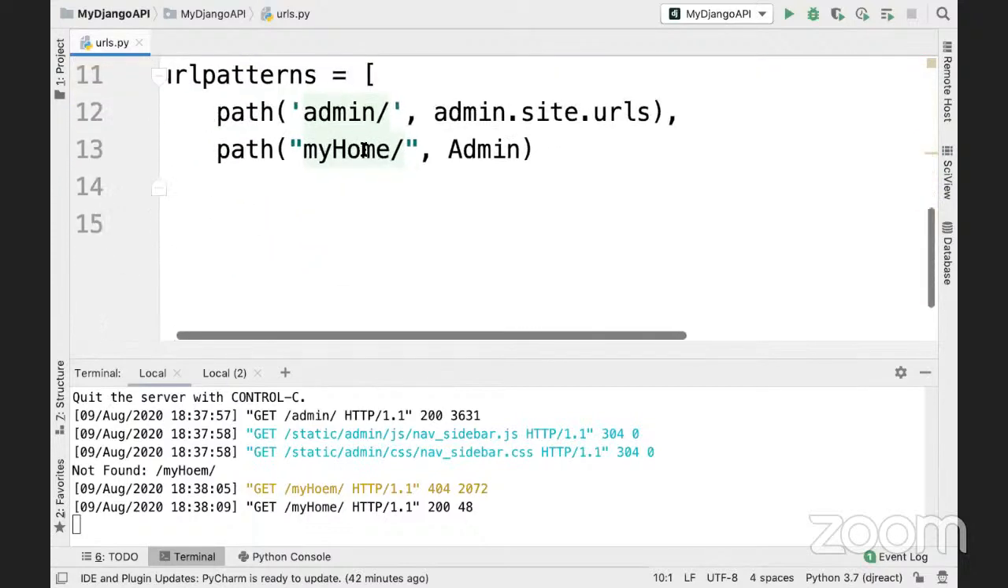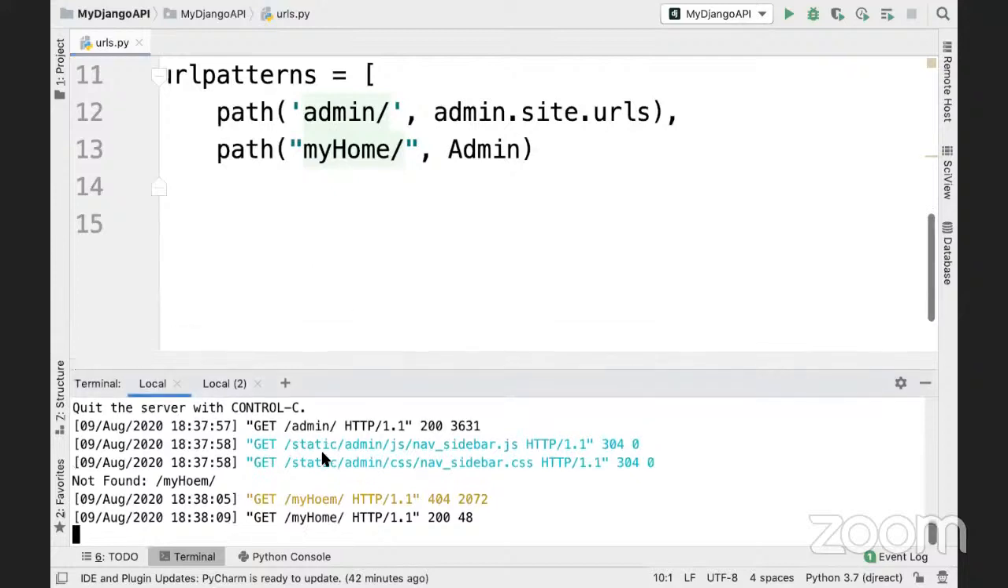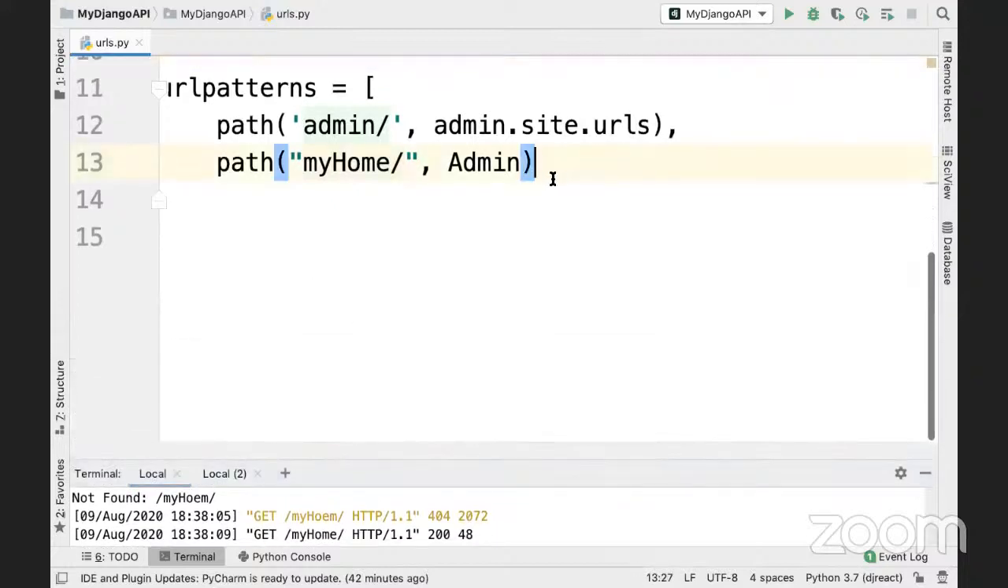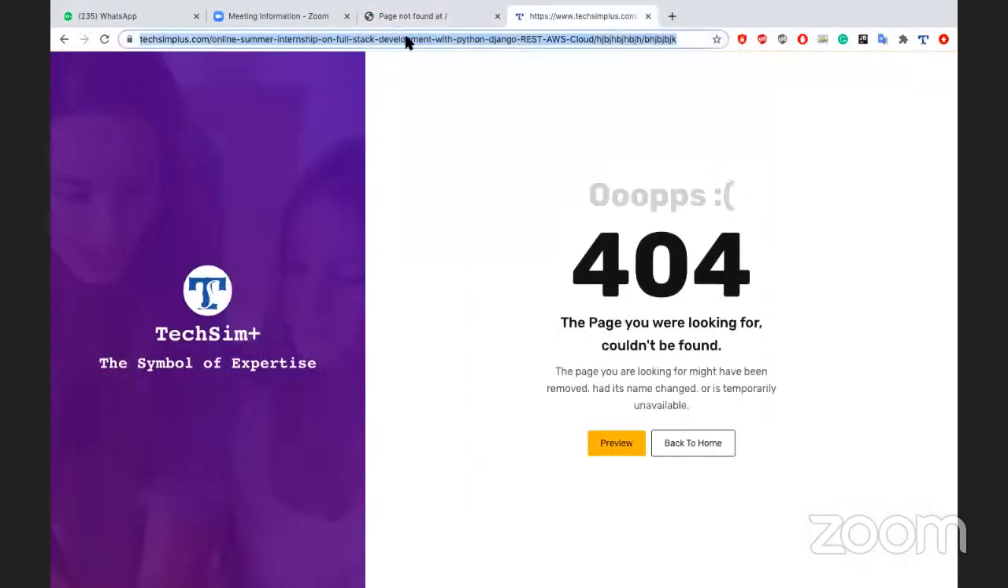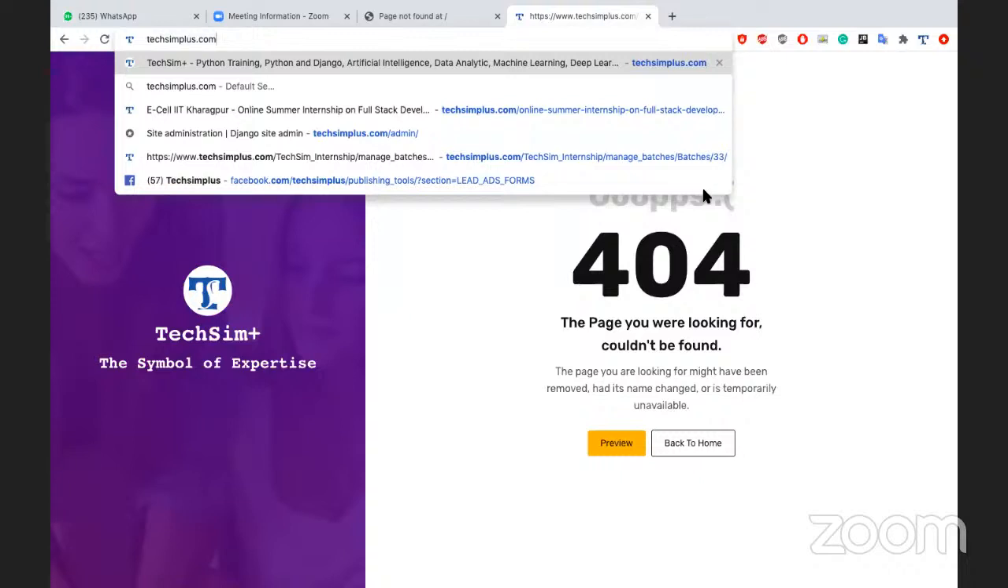One URL we have with admin, second URL we have with my home. So I hope it's clear to all of you. But now, again, I'm really curious to know: is it possible that we can access this page on 8,000? Don't type techsimplus.com, because it will not work. It will generate the error that it is not found. I'm not saying that you should type techsimplus.com/complete URL online summer intensive program on full stack development